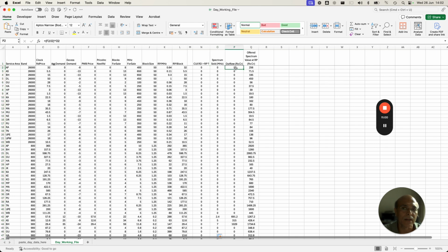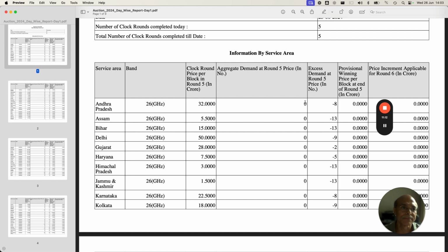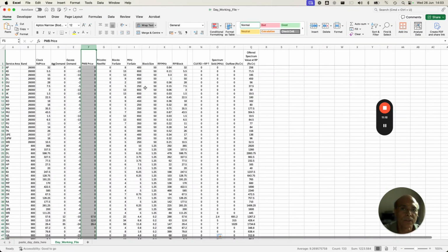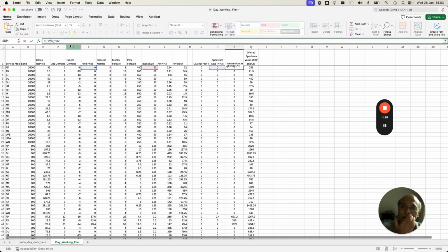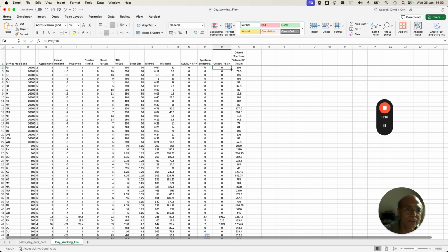Now comes the outflow calculation. Now the outflow calculation is very, very simple. You don't have to get confused with that. You just take the PWV price, which is provided here in this column, the provisional winning price. That is the column with which you have to multiply. Once you multiply the total spectrum sold with the PWV price, you will get the total outflow. This is a simple calculation. Why am I dividing this by block size? Because I have calculated the spectrum in megahertz, so I simply have to do the reverse calculation. Once you have done that, you just double click, and you will see the number here,